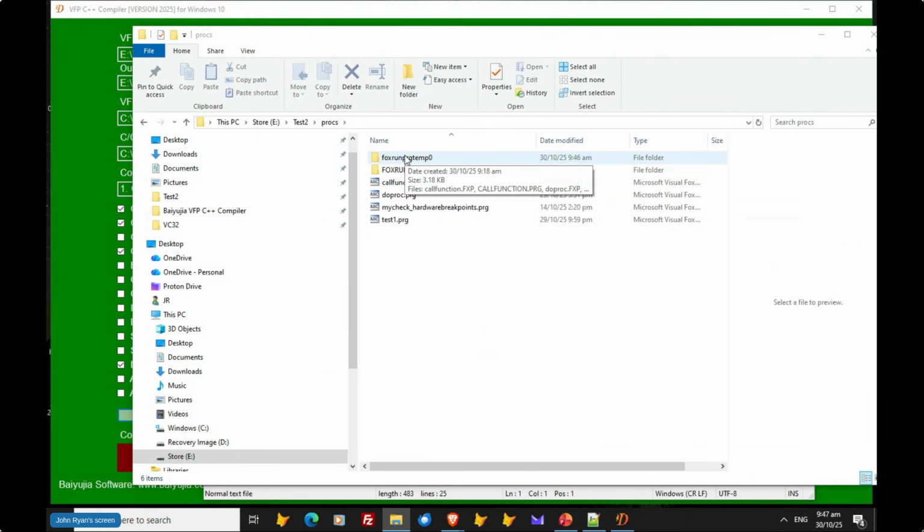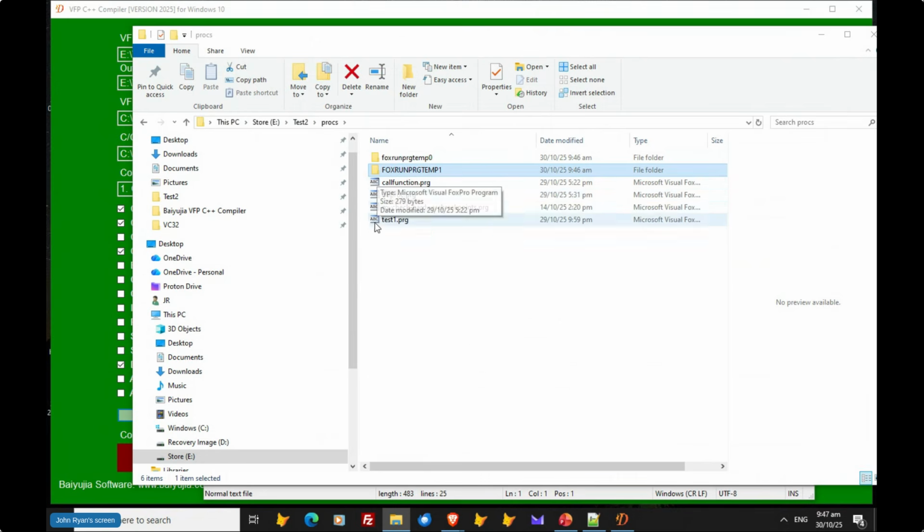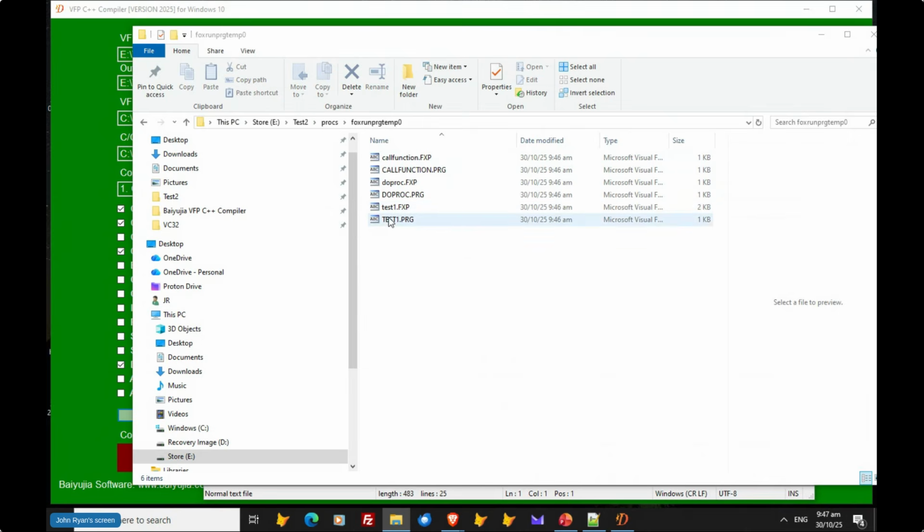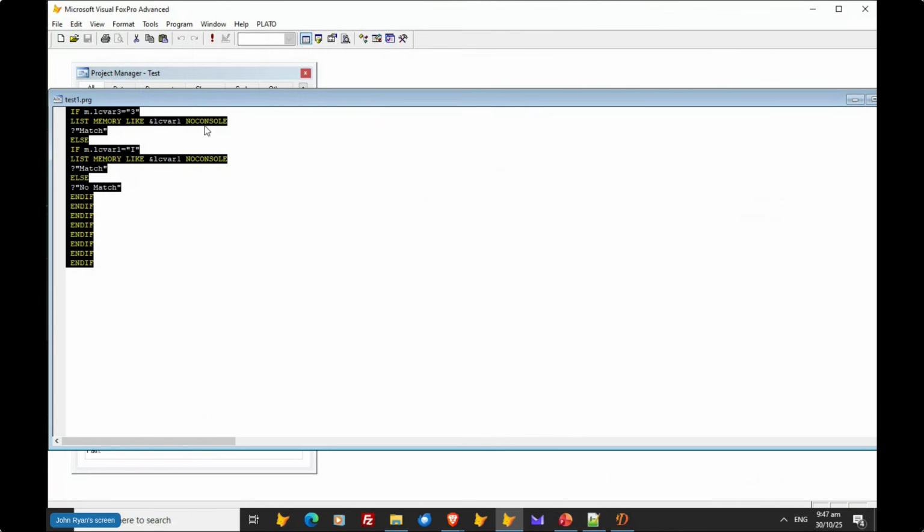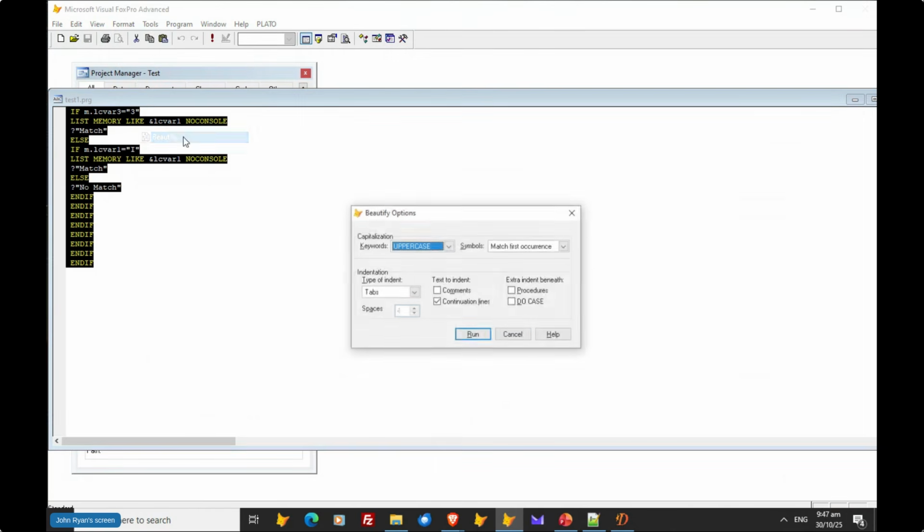Oh yes, so just what you're seeing there is these foxprun temp0 and foxrun temp1 files appear in the same folder where the PRG or SCX are, and that's why these are here rather than in the root. So I'm going to open test1.prg, and if I go Tools, Beautify,